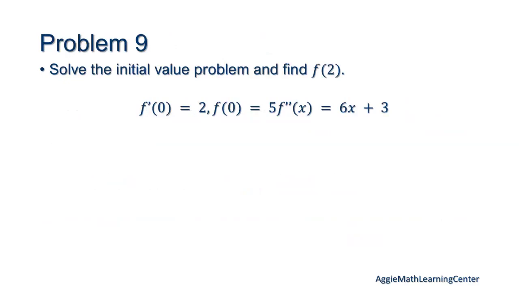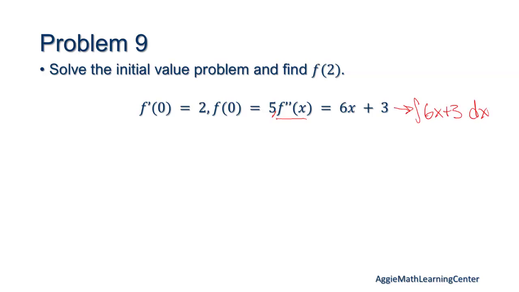Okay, so for this initial value problem, I'm going to put a little comma right here to kind of separate because this is looking weird on this PowerPoint. Okay, so we're given 2 initial conditions, and then we're given our function here, right? And it's f double prime of x, right? So first thing I want to do is find f prime of x, and the way I'm going to do this is I'm going to take the integral, right? So what I want to do is take the integral of 6x plus 3